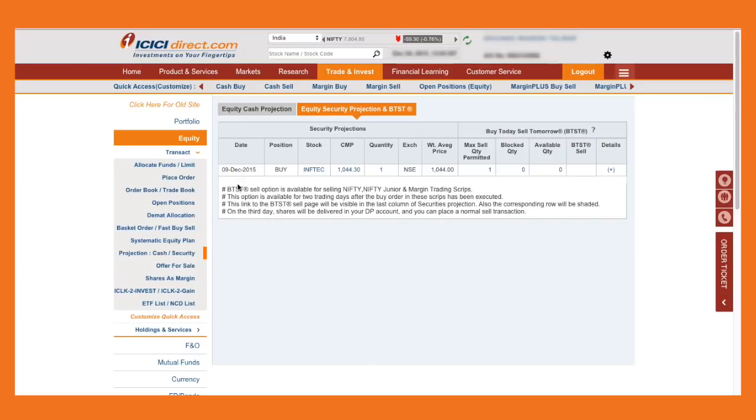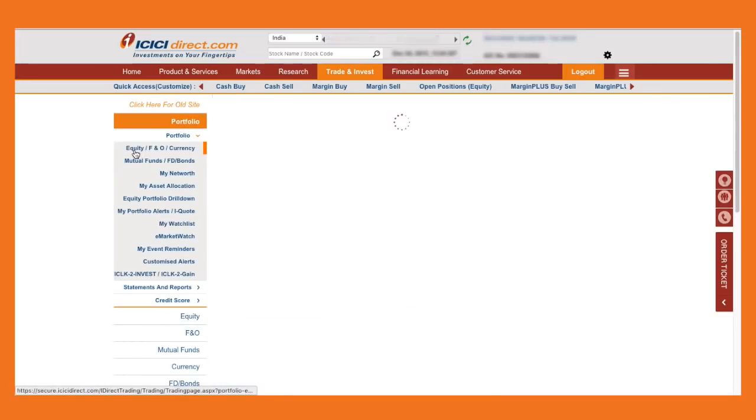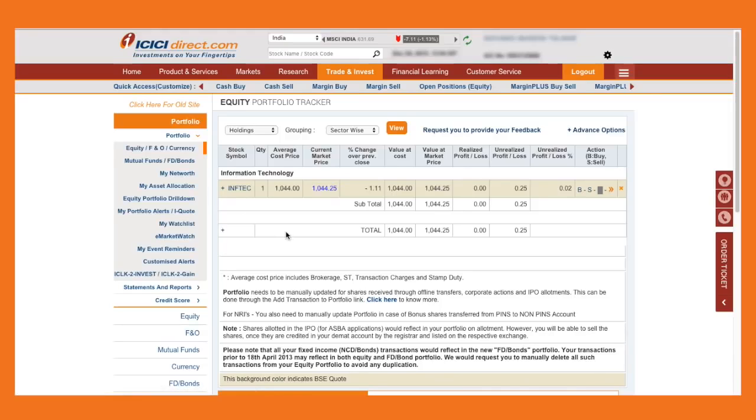Now that you have placed your order and verified the details, you can also check your portfolio for the details about your stock. Portfolio gets updated on T+1 day. The portfolio section gives you details like percentage change in your stock's price, realized or unrealized profit or loss. The Action column gives you direct access to buy or sell the stock in your portfolio. It also offers you a one-click option of checking corporate action on your stock.